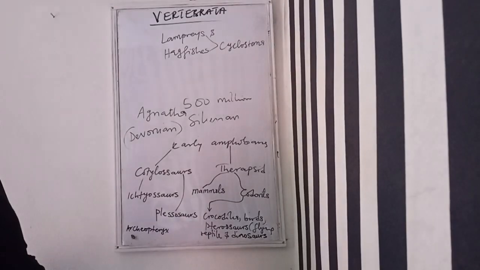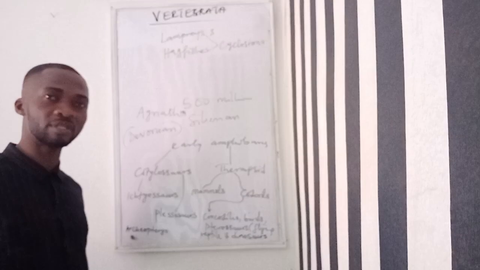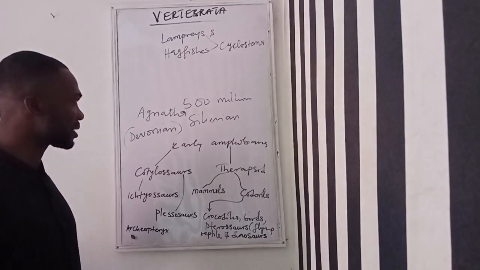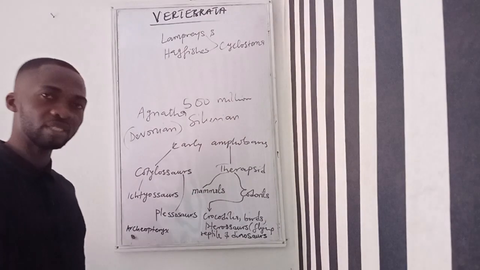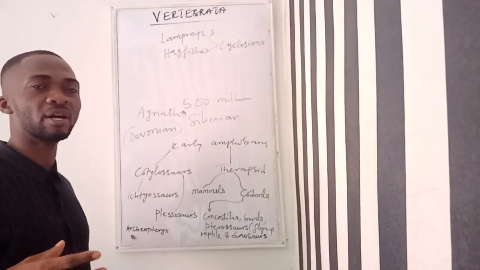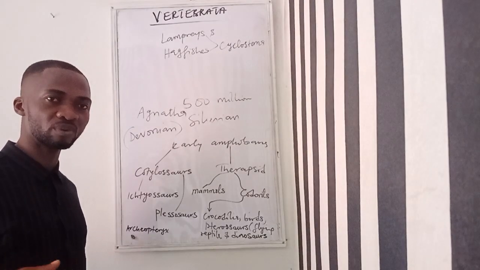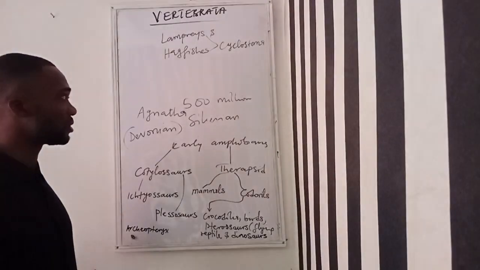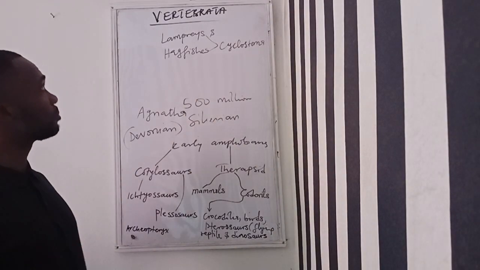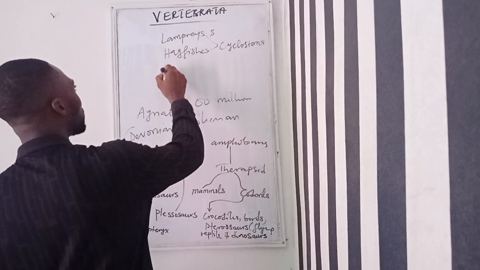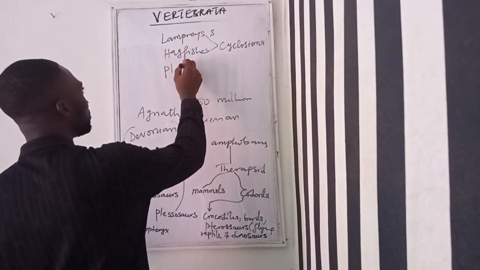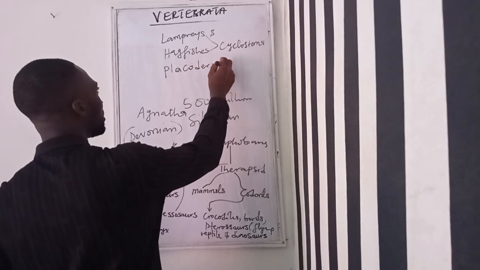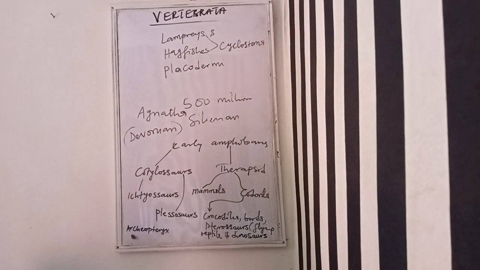Now, we were also told we are looking at the evolution of vertebrates. As these Agnatha declined, there was this other group of vertebrates, or you can still say fishes, because all of them were fish-like, or fishy. All of them were fishes. There is this group of vertebrates that also emerged, and they are called the Placodermi.